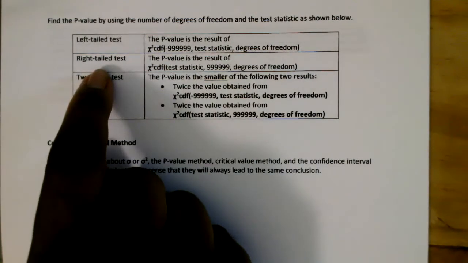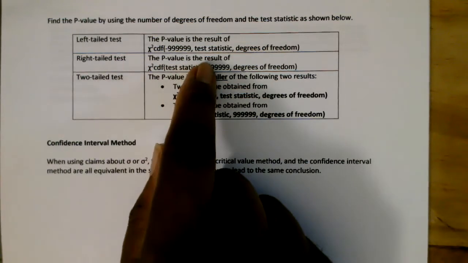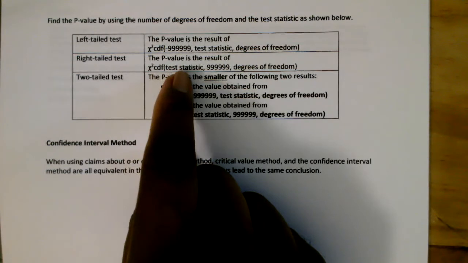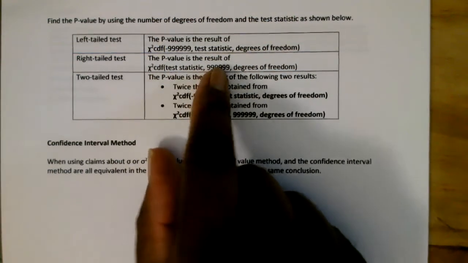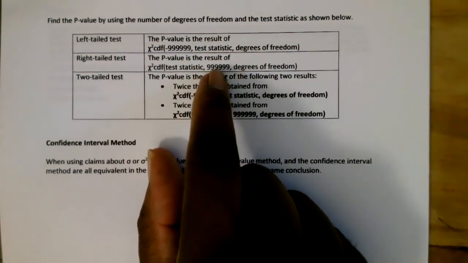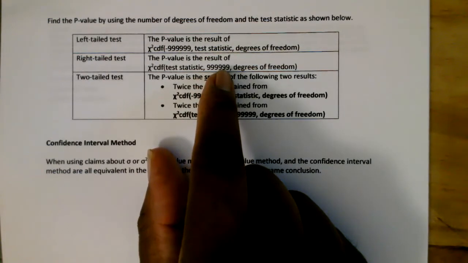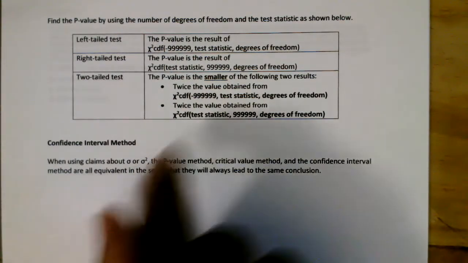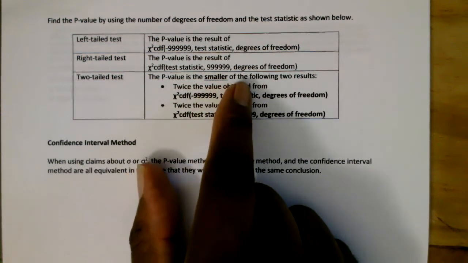But for a right tail test, to find the p-value, you're going to still use chi-square CDF, but this time you'll enter the test statistic first and then at least 6 nines, because right tail goes on forever, and then degrees of freedom. However, if you have a two-tail test, your p-value is going to be the smaller of